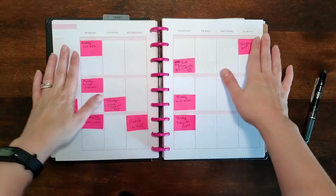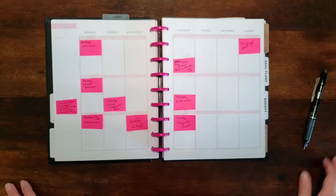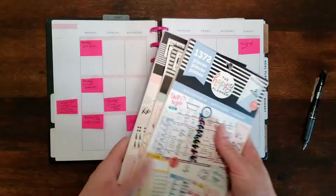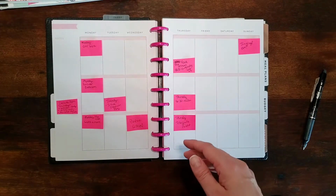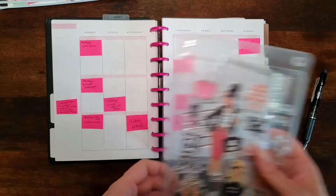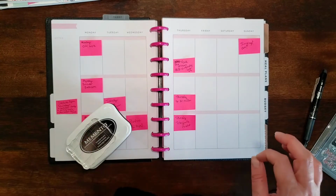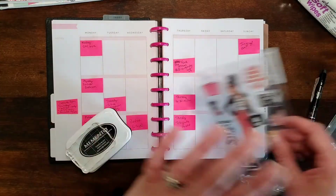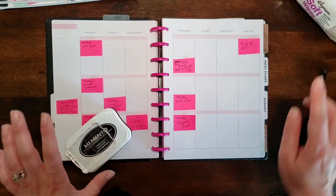Okay, so once I have a general idea of everything that's going on, this is when I would now actually go to my stamps first. So I'm not going to do the stickers first. I'm going to put these to the side and I'm going to grab my stamps. And I have found that I like using stamps for things that are reoccurring, but it can be tricky. Like, you can get ink everywhere. Not all ink is the same. I don't know if you've tried this and learned this. So what I would recommend,